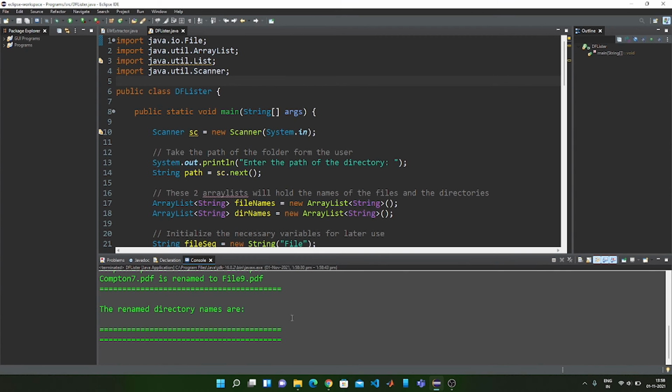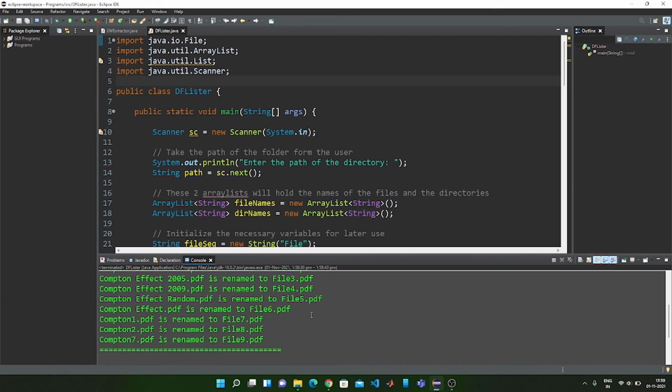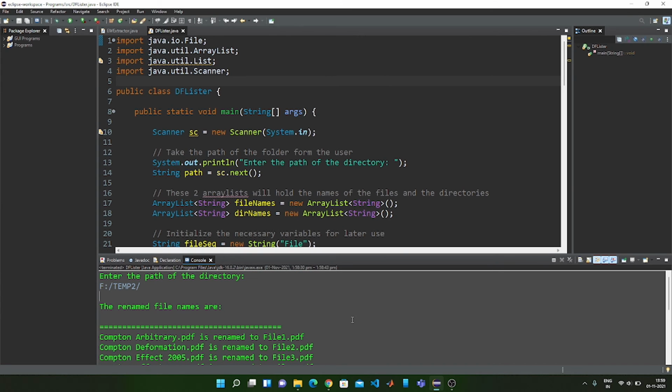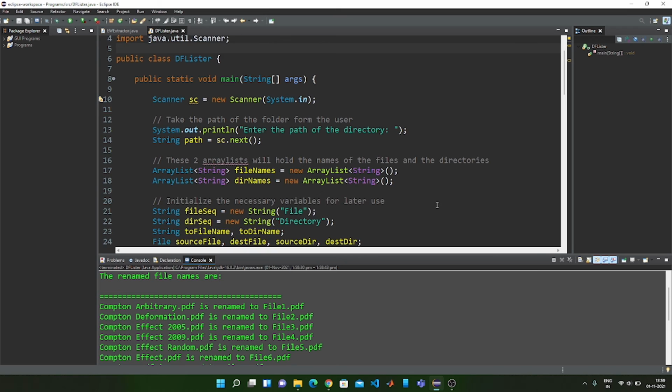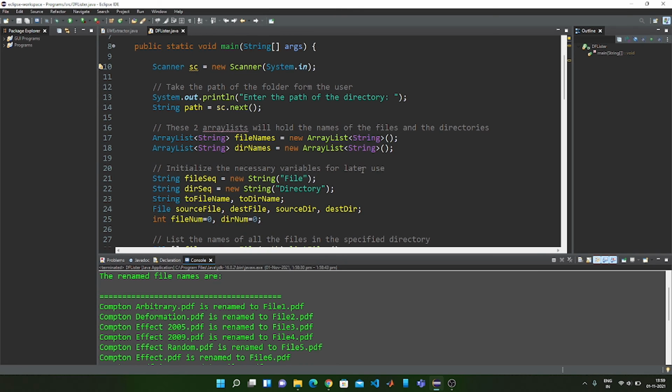So there were no directories in this path, so no directories have been renamed, but there were files. So the first file is renamed to file1, the next to file2. But if I want to rename it to Compton Effect 1, then I can modify this code somewhat.